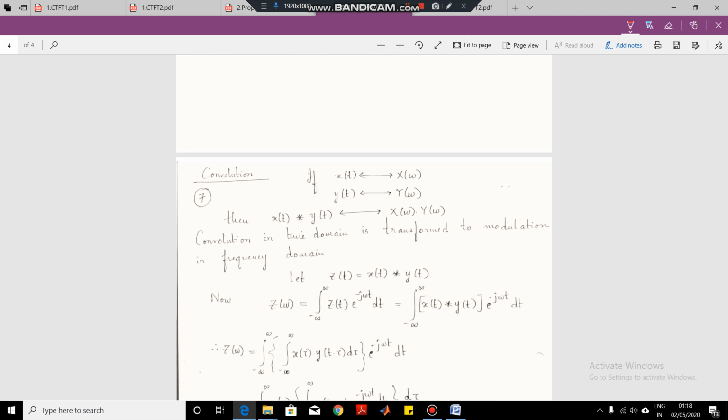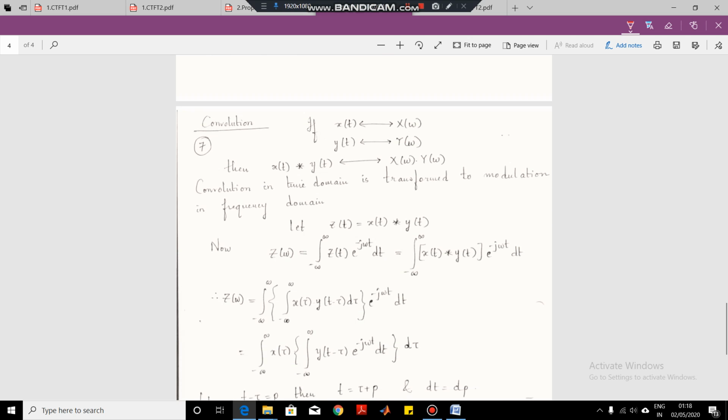Now let us talk about the convolution property of Fourier transform. Convolution property is a very popular property for all the transforms, because the convolution operation in the time domain is a very complex operation. It requires flipping of the signal, shifting of the signal, multiplication of the signal. Whether it is discrete time convolution, we require summation. If it is a continuous time signal, we require integration. So it is a lot complex process.